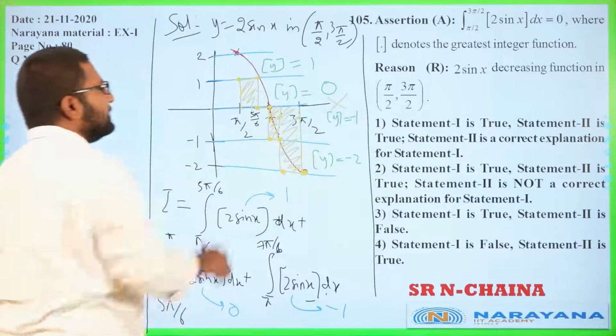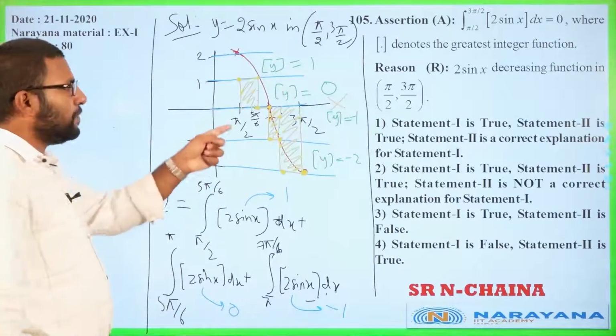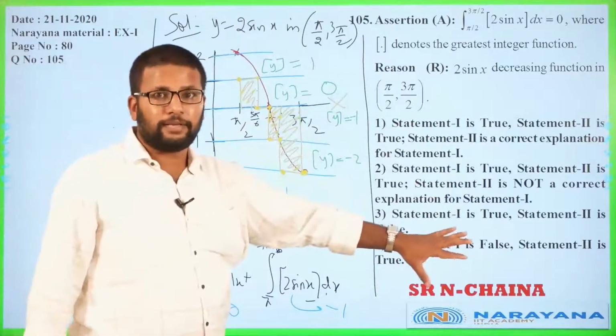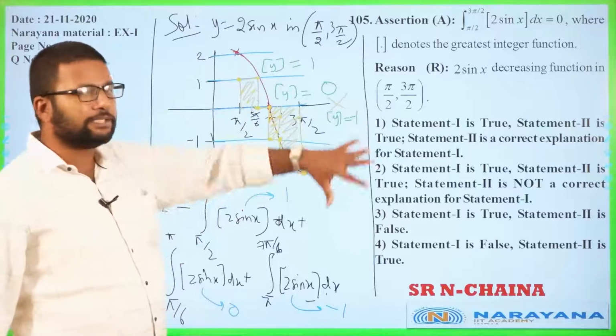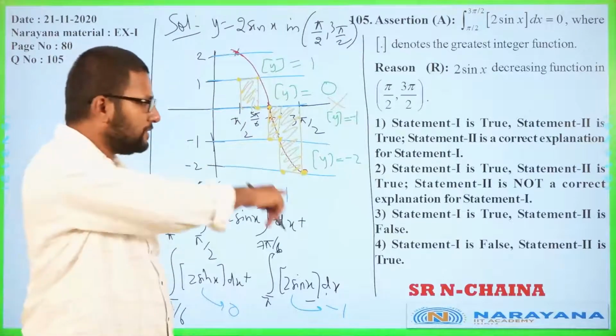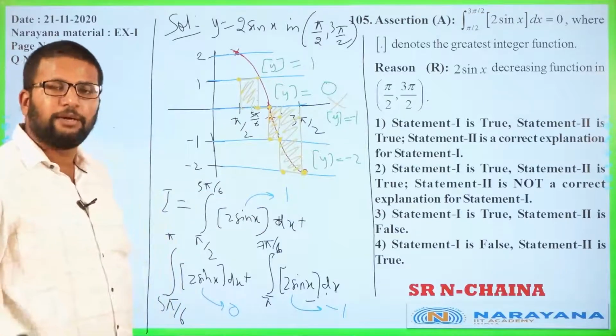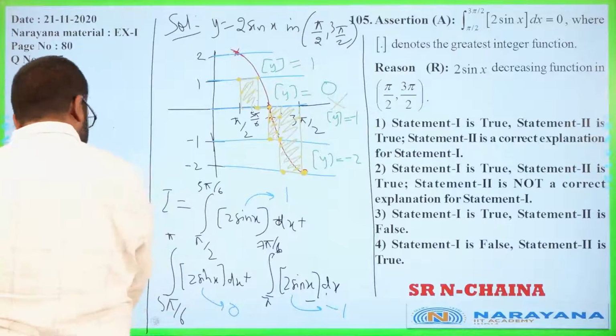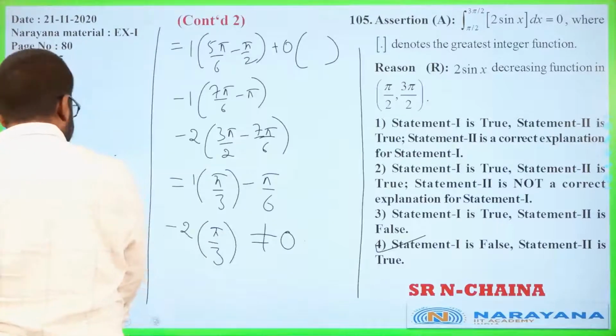Understand that this is x-axis. If you are able to draw this, none of what you wrote will be required. If you are able to draw this, everything else is not required. You just look at it and you will know, oh, you know what, the answer is not 0, assertion is false, therefore option number 4. Okay, practice this. If you are not clear with graphs, you just go with this method.